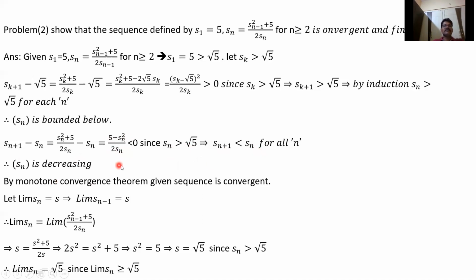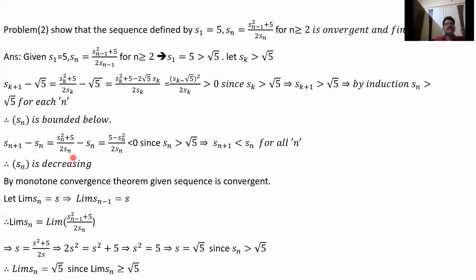Sn is decreasing, so it is bounded above. Already we have shown it is bounded, therefore it is convergent. Whenever it is decreasing, it is enough to show bounded below. Whenever it is increasing, it is enough to show bounded above. So it is simple in the decreasing case. Already I have first shown Sn greater than root 5, and then to show Sn is decreasing,